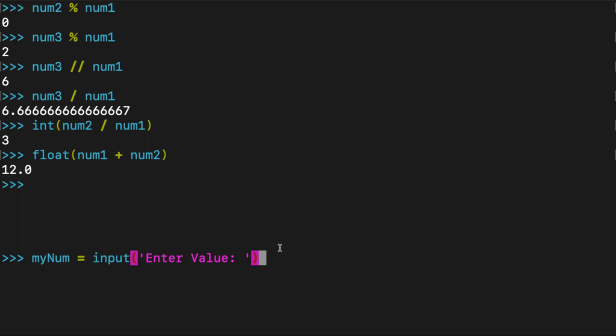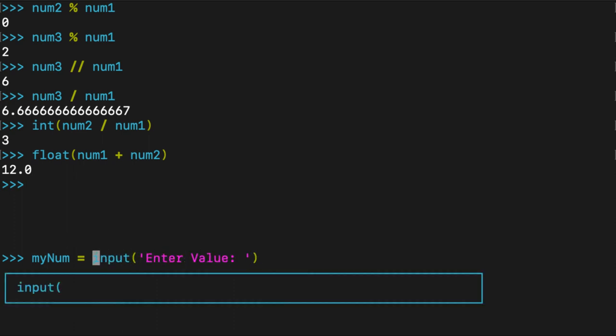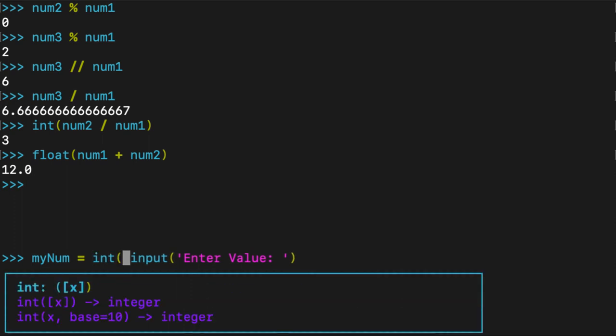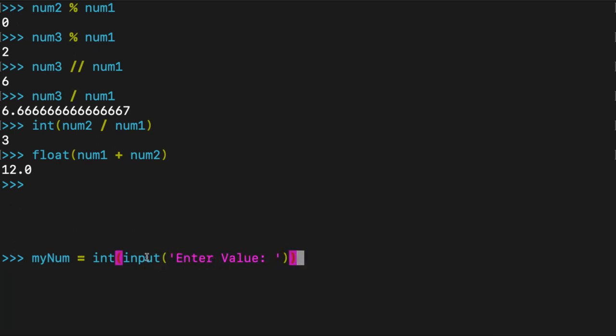By default, Python will always treat that value that's entered as a string, regardless of what it is. Even if I've input a number, it will always be treated as a string. So therefore, if I want to have that treated as a value, as a number, so that I could perhaps use it in a calculation, then I need to cast that value by using one of my commands out front of it. So by saying int input enter value, it's going to force any value that gets entered here to be treated